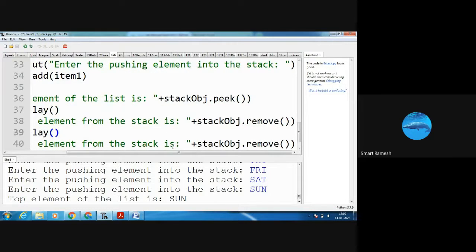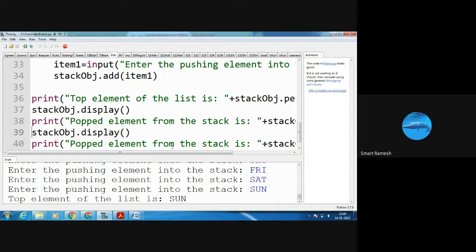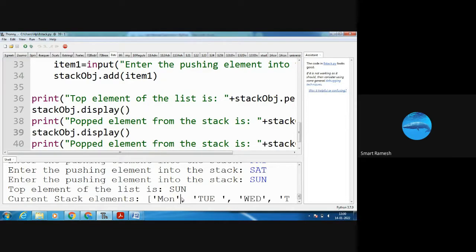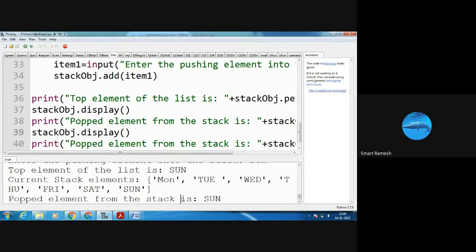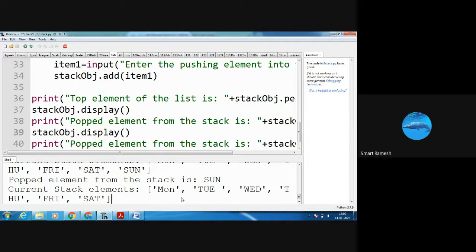Next I am going to display the stack. What is the stack? Sunday is removed, so Monday to Saturday is displayed here.